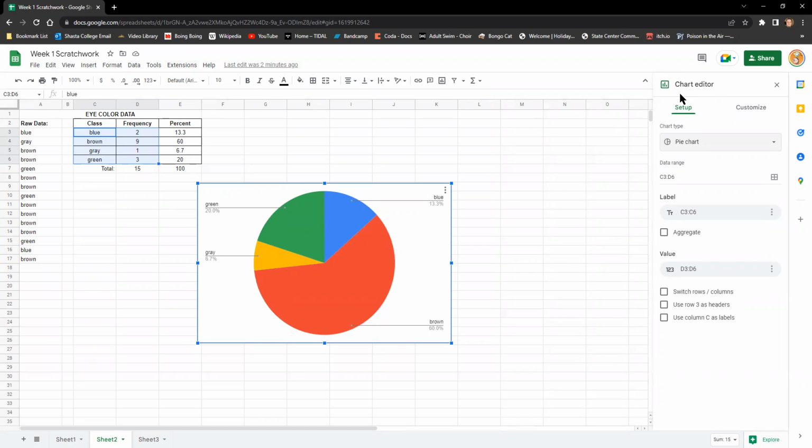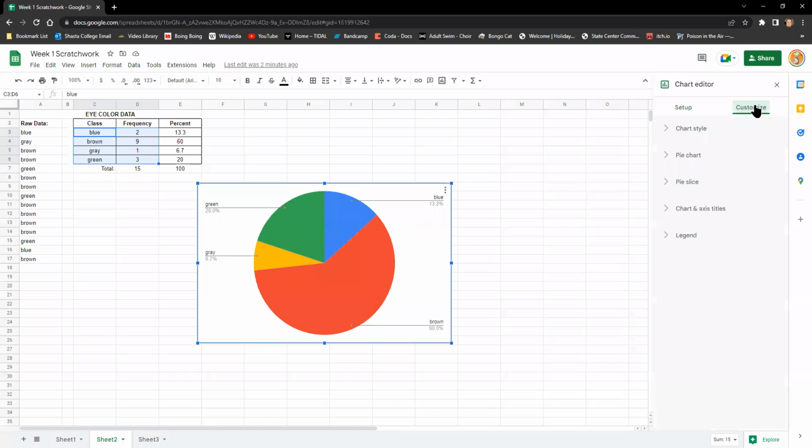So going back to the chart editor, we're going to click Customize, and then we're going down to Chart and Axis Title. And it defaults to chart title. That's the very first. You'll notice that pie charts don't have horizontal or vertical axis titles available because there are no axes here. And we're going to give our chart a title,